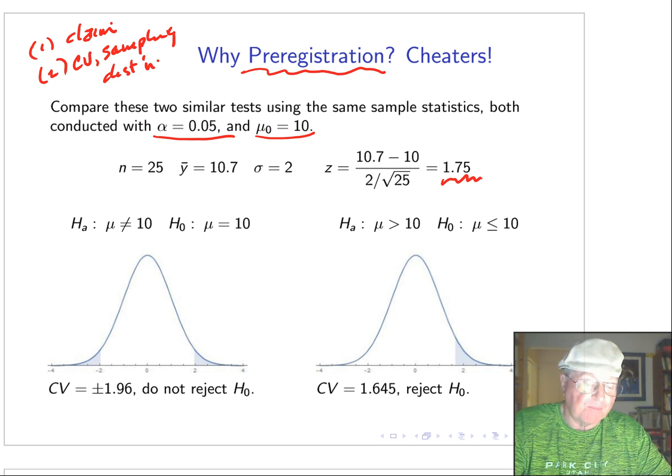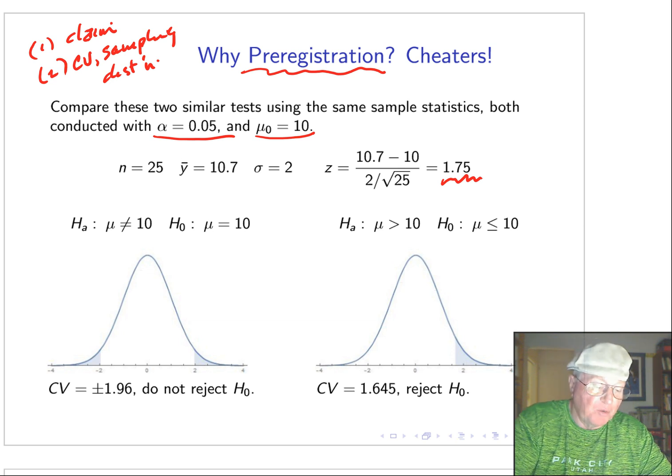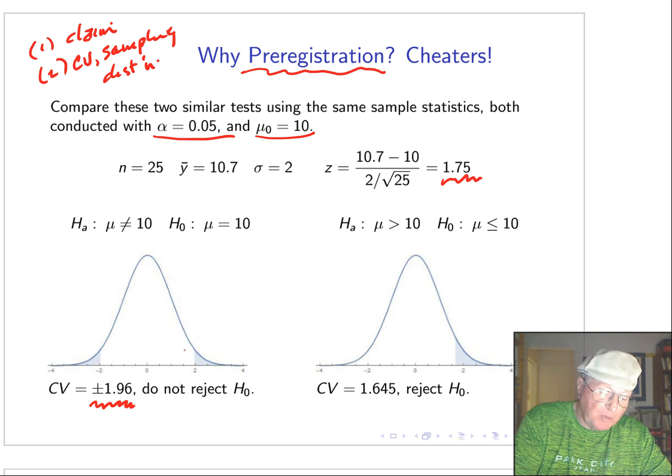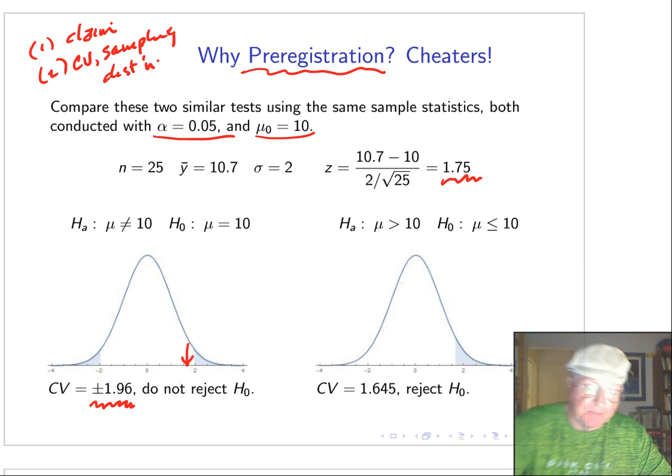Now, if we're cheating, we're going to compare these two tests. The first one is a two-sided test, so the research claim is the mean is different from 10 versus the mean is 10. This has a critical value of 1.96. We do not reject the null because 1.75